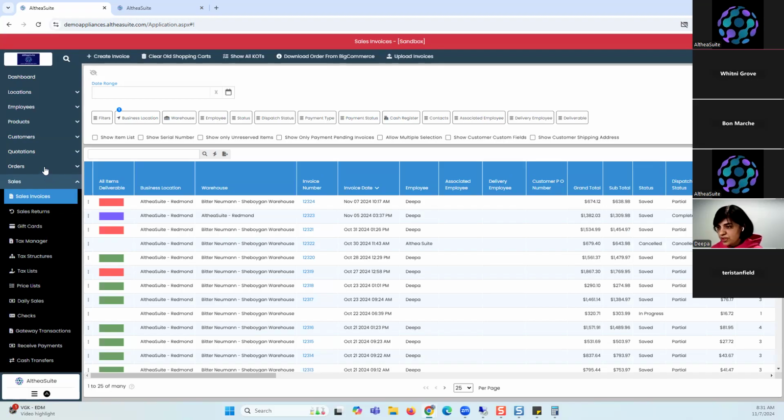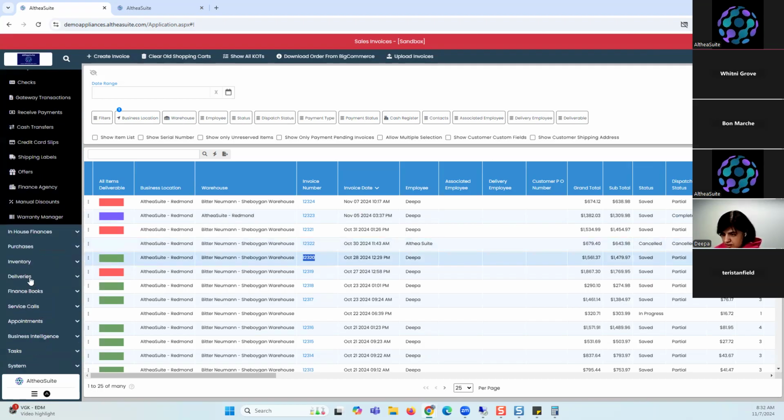So as you are going to proceed with orders, the best way is to modify that order and make those changes instead of modifying the whole invoice. I don't even know which one, but it will save with the same date as you had done it earlier. It will save with the same employee name, everything remains the same. Whatever invoice I just modified, I don't know which one I did, but if I went ahead and checked the stock transactions under inventory,